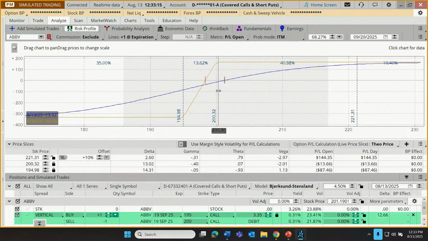So in that case, if we allow this to get all the way to expiration, we might wind up owning shares of stock, and that could change the future prospects for profitability or loss beyond just this expiration. But just be aware of that. These percentages can be very helpful for a trader who just popped in this trade.